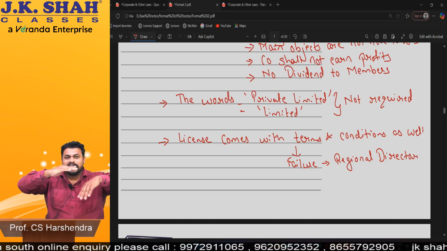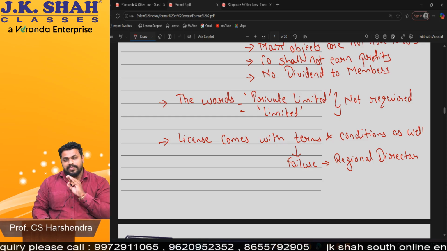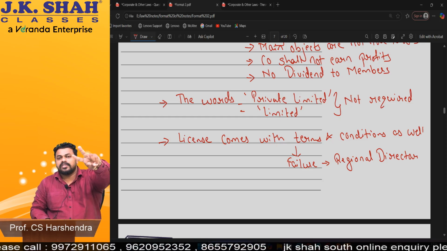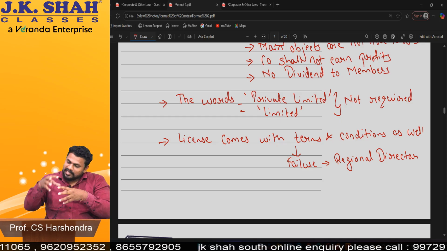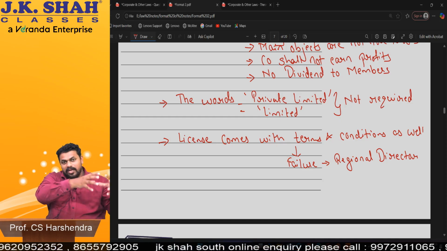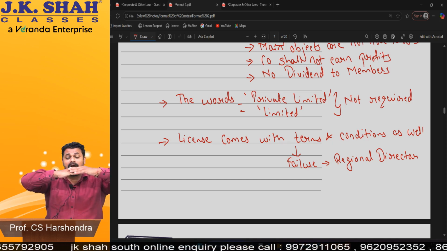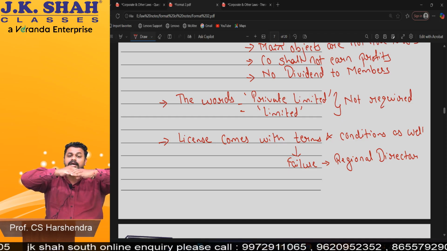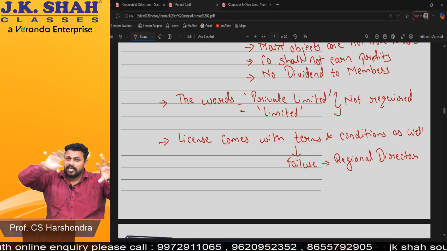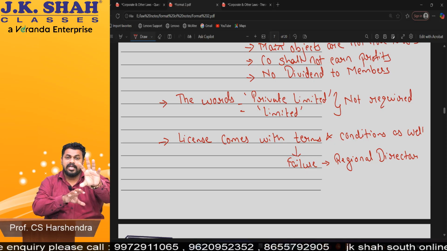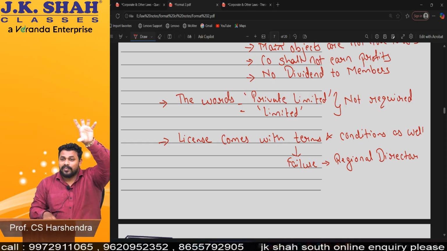See, at the state level under the Companies Act, the biggest officer is the ROC, Registrar of Companies. Every state has one ROC except two states which have two ROCs, Maharashtra and Tamil Nadu. Maharashtra has Mumbai ROC, Pune ROC. Tamil Nadu has Chennai ROC, Coimbatore ROC. Apart from these two states, all the states have only one ROC. Above the ROC is the regional director. He is the head of a zone. India is divided into 5 zones: east, west, north, south, central. Above the regional director is the central government, head of the whole of India.